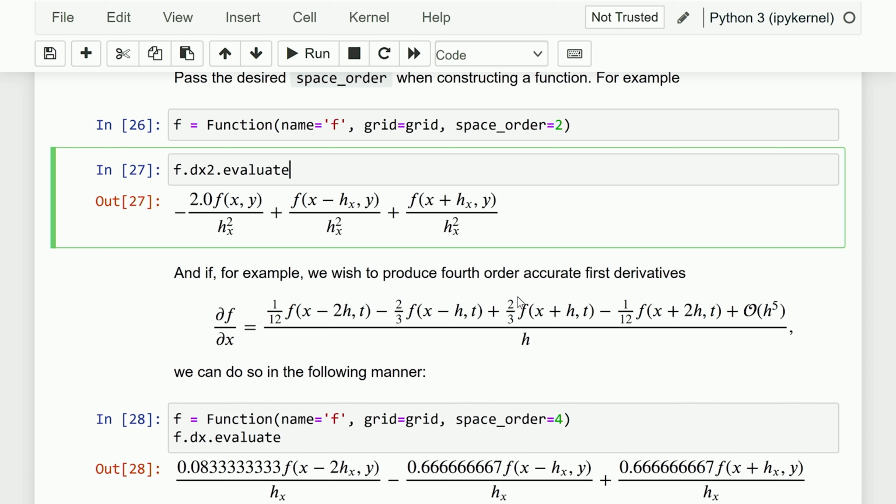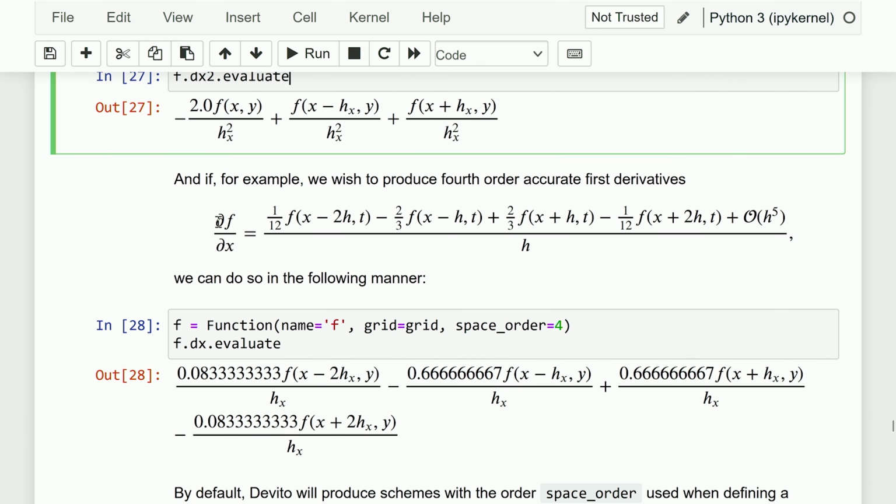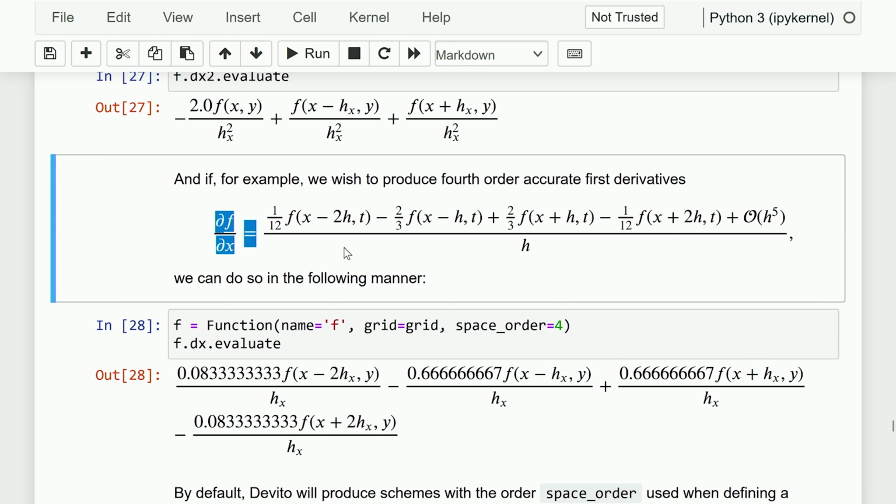As you know, we can ramp it up as much as we like, I suppose within reason. I don't know what the highest scheme anyone's ever tried, but I'm sure some people have put in space order 100 schemes just to see the stencils which get produced. Not that you're going to use that in practice, but if we want to, for example, get a fourth order accurate approximation for the first derivative, this is the finite difference scheme